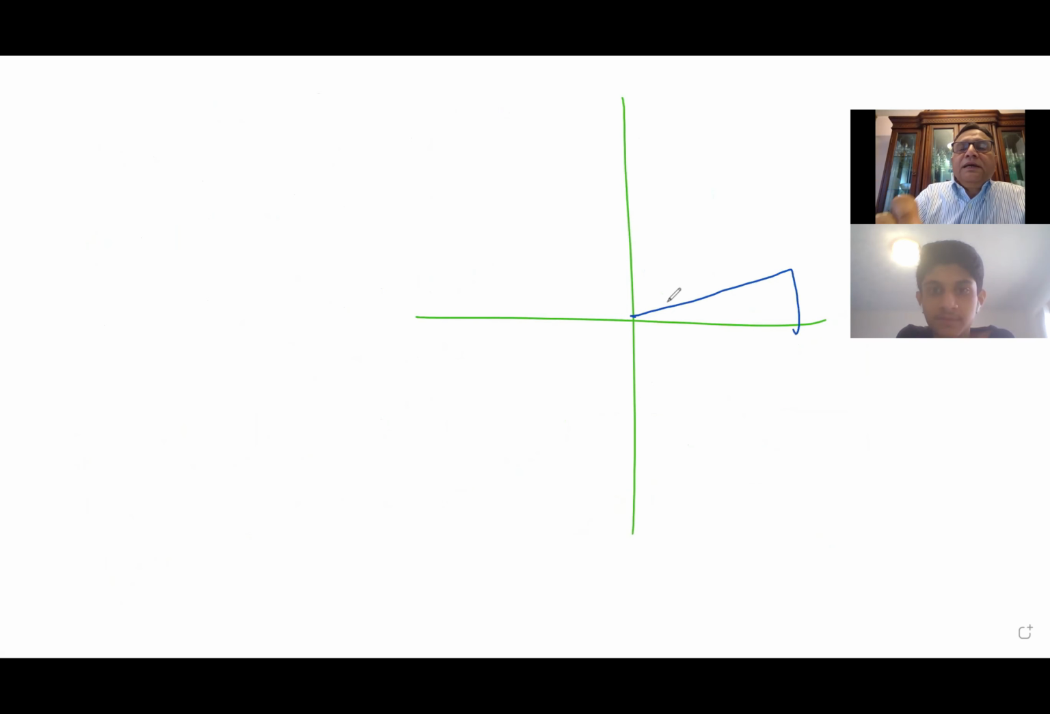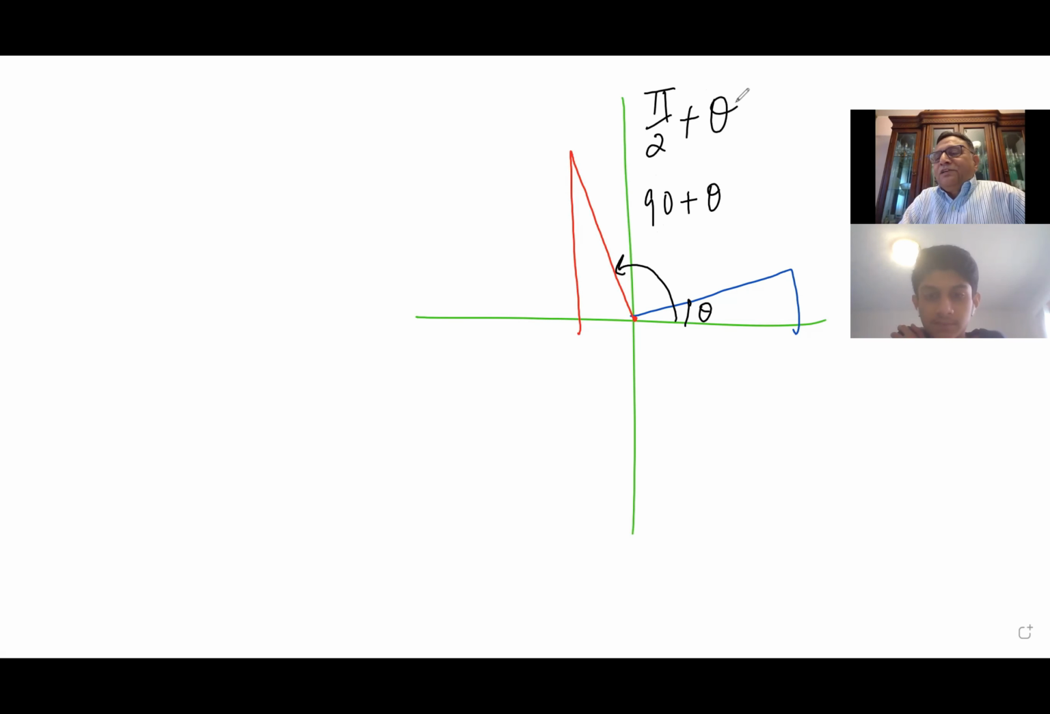And let's say if this angle is theta and the other angle I want to make is 90 plus theta. Do you see these two triangles? So if this angle is theta, I'm making this angle as 90 plus theta, or pi by 2 plus theta, right? In that case, what happens? We'll apply both the CAST rule